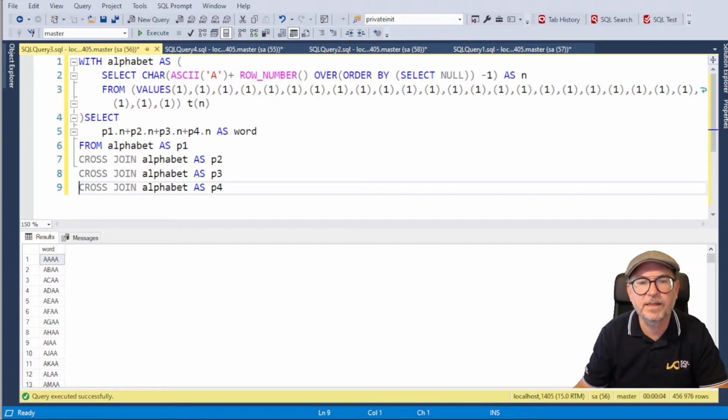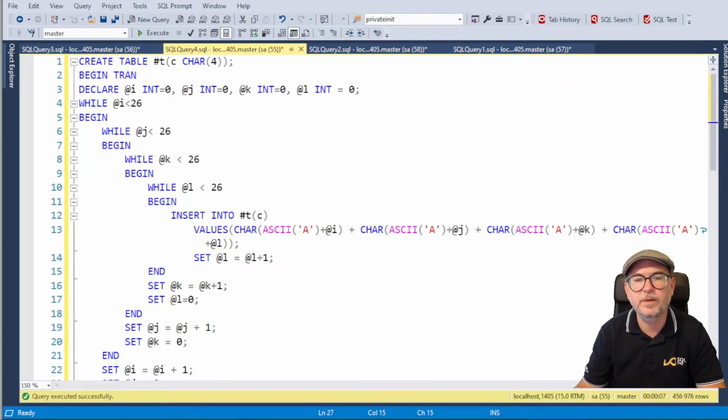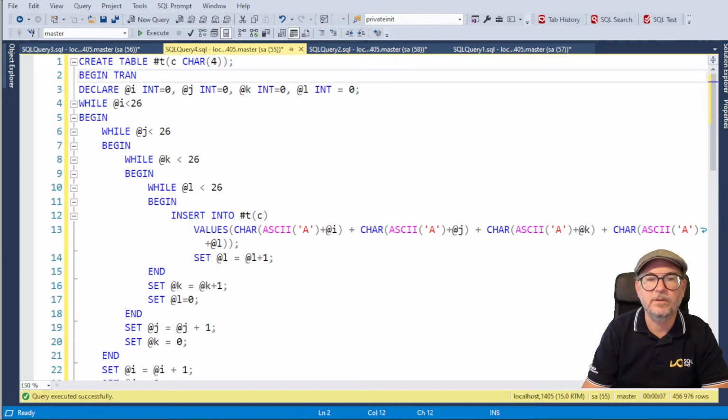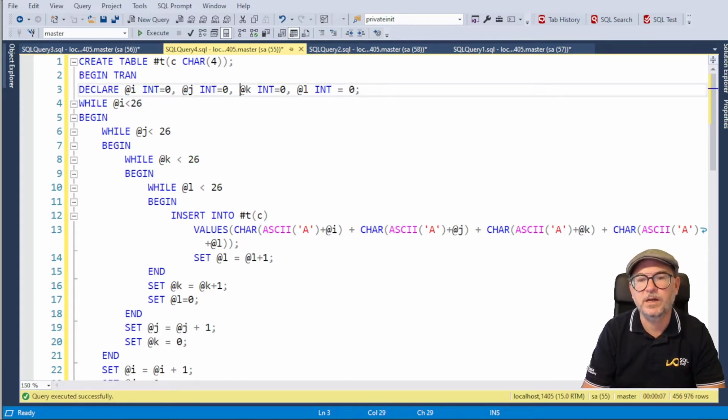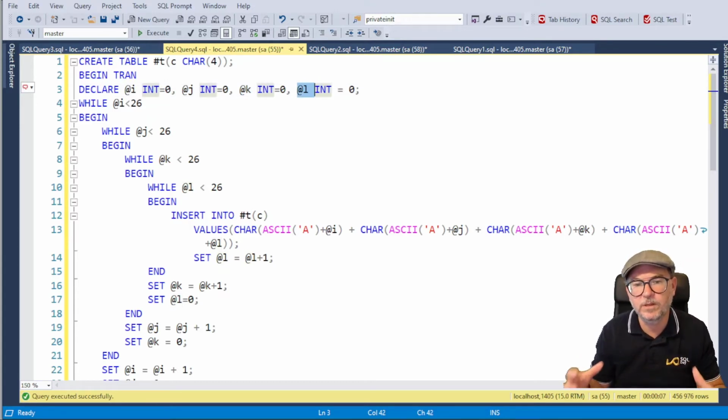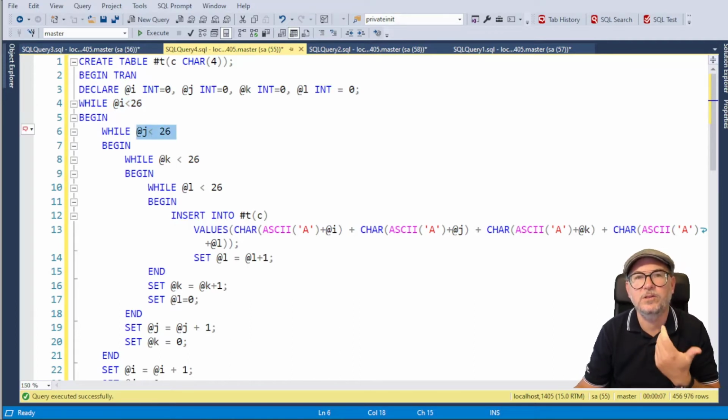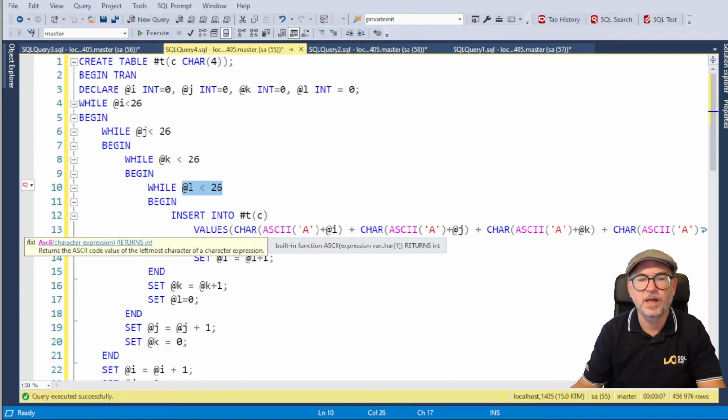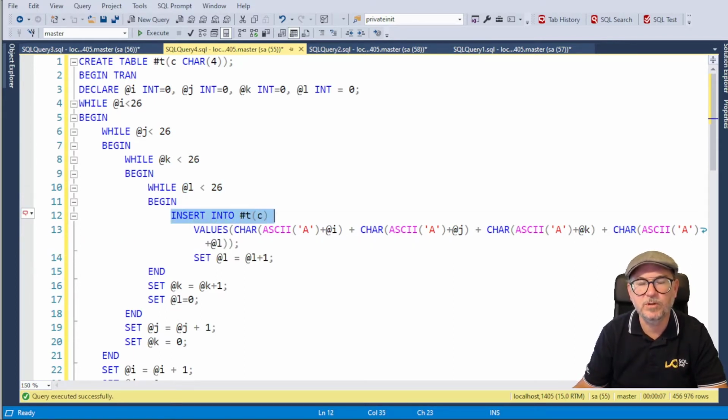So let's look at the next approach, which would be the loop-based approach. And here I have declared a couple of counters, the counter I, the counter J, the counter K, and the counter L. And then I have 4 loops. So while I is less than 26, while J is less than 26, K is less than 26, and L is less than 26. And then in the innermost loop, I insert into a temp table,